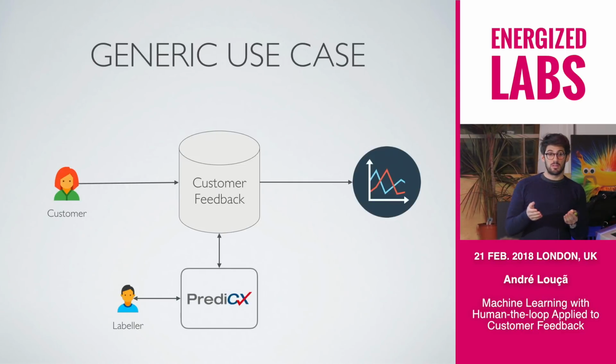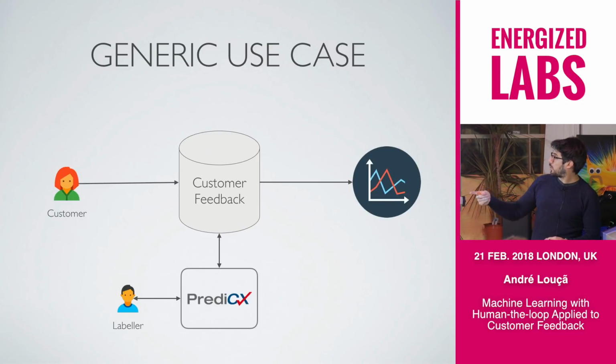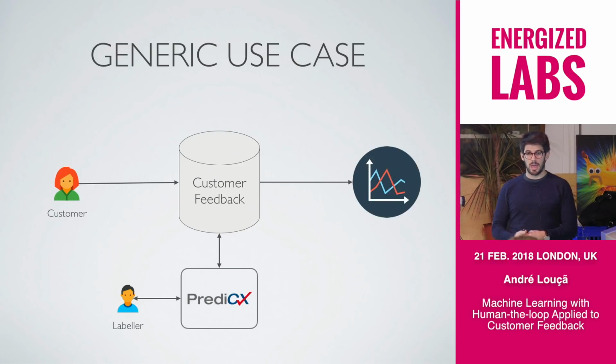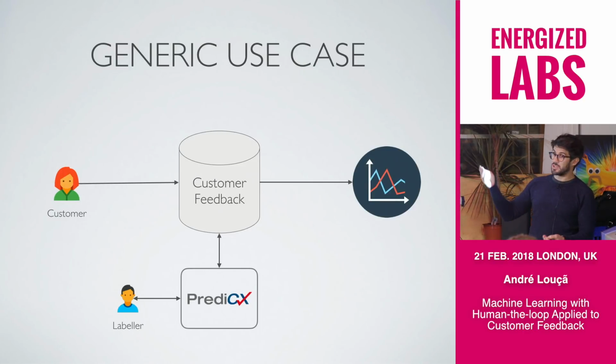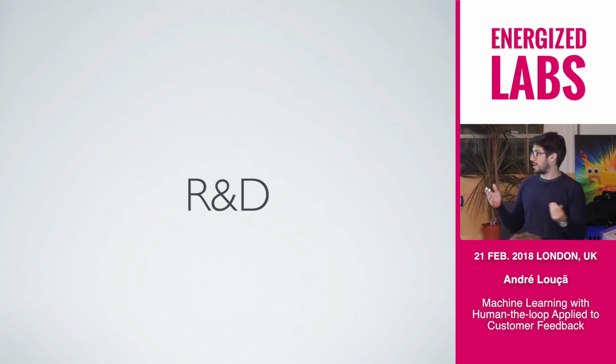So at the end, instead of having a huge army of people just labeling, which is a really tedious task, we can have the same scenario, but with a person just maintaining the model with Predicx, and that way we can have trustable output and actions that we can rely on. This is the journey we've made since the beginning in root cause analysis, and now we are in customer feedback, totally different.